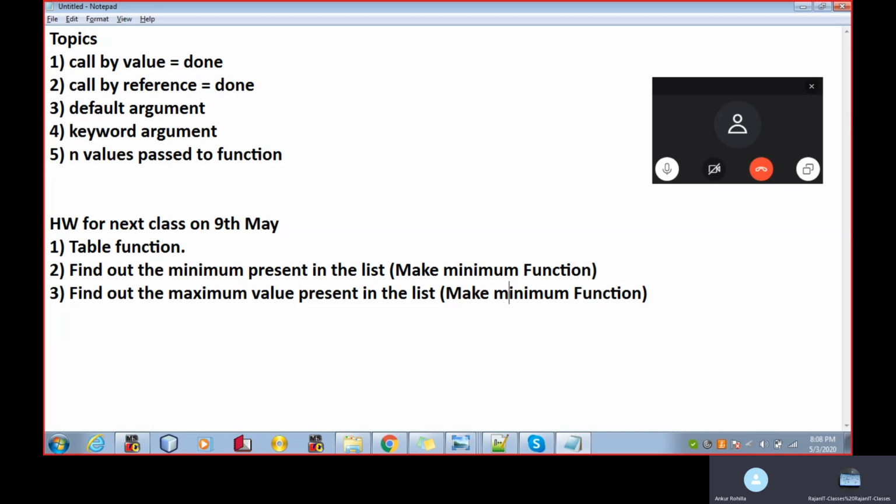These are the homeworks for the next class.